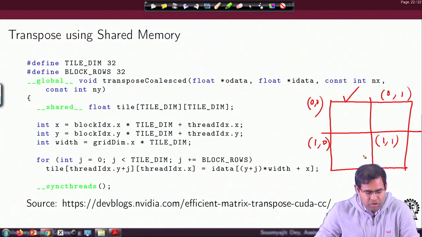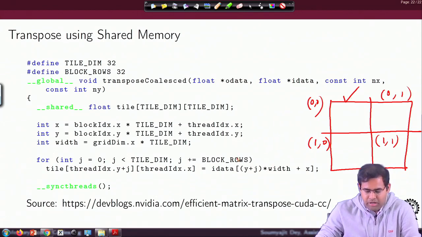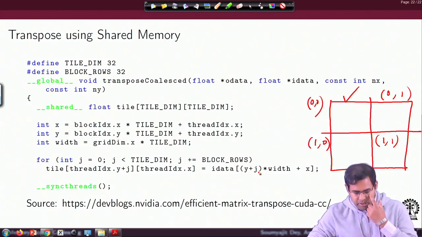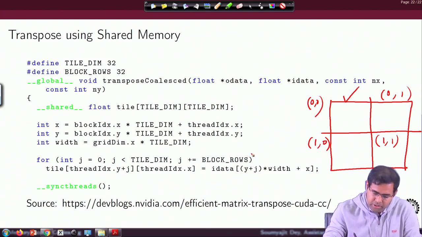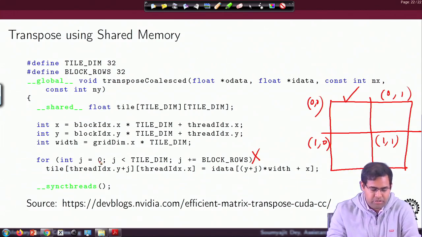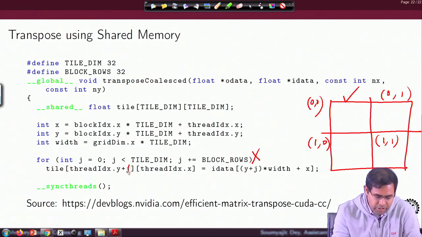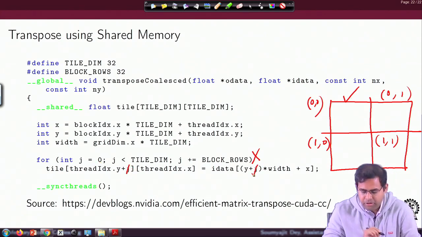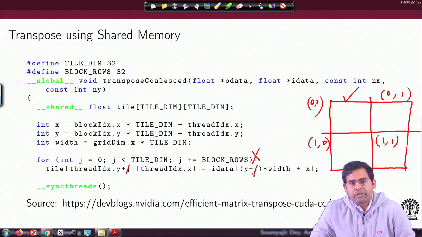So now what will happen is, here I am trying to run a loop using which one thread would be loading the values corresponding to its location. For our example, first of all, let's forget this loop. We'll come back to this, and we will also see why this loop is redundant for our purpose. So if I forget this loop, that would mean I can also forget this j here, right. Now look at the code.